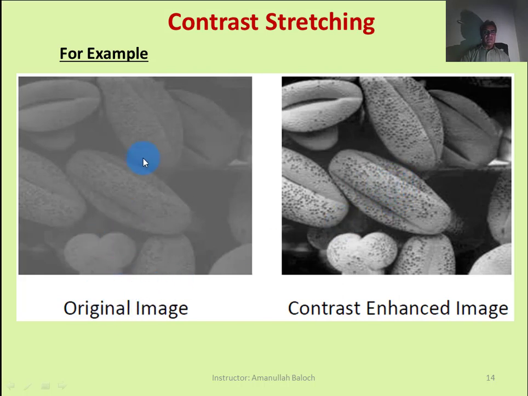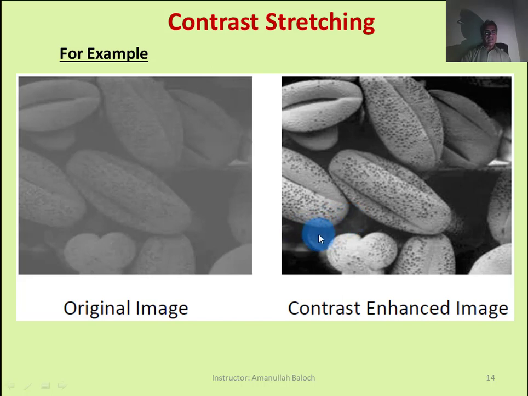This is the original image, and after applying contrast stretching, we get this image. Here you may see that there are some seeds, but we cannot see them in the original image, while we can observe them here.